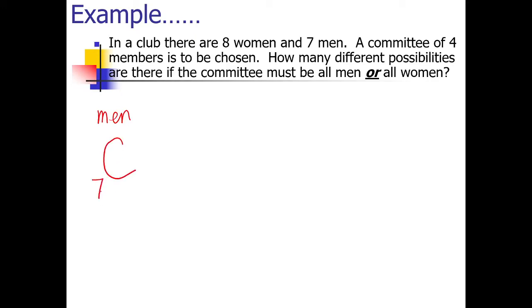Seven, and how many do I take? All men. Look at the problem: how many members does the committee have? Four, so I'm going to take 4. This is for the men, or women. Okay, I'm going to write women. For the women, how many are there in all? Eight, and all women. So how many is my order? This is also